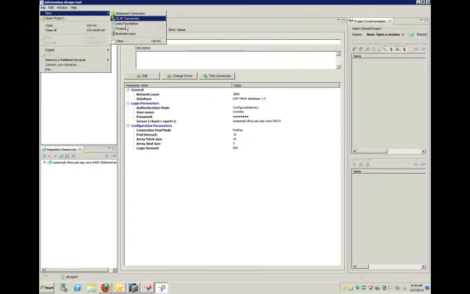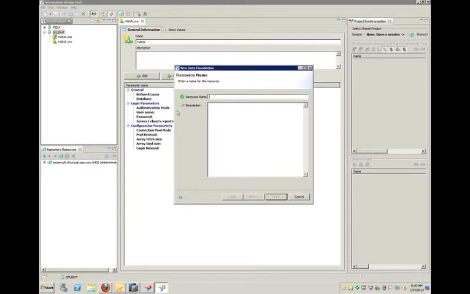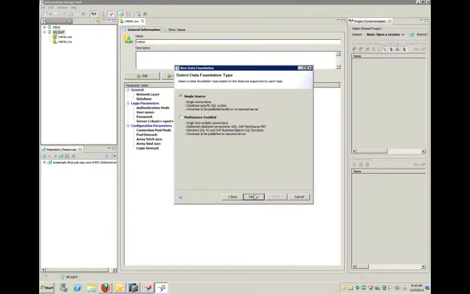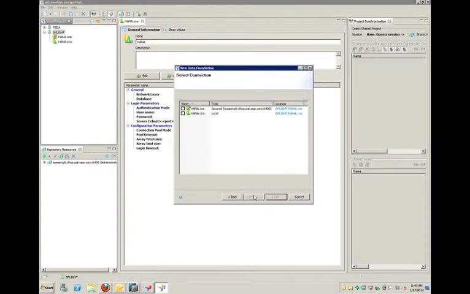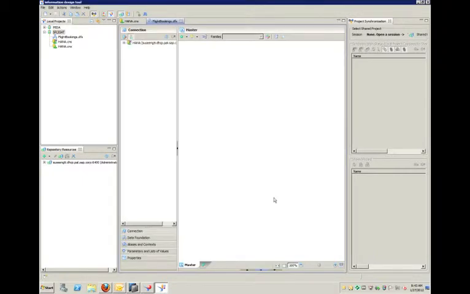So, oops, I don't find universe here. Turns out I need to create a new data foundation first. And it took me quite a while to figure that out. I am not just pretending not to be a BusinessObjects expert. I'm really not a BusinessObjects expert. So build a new